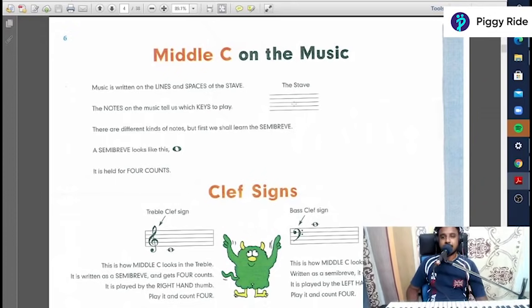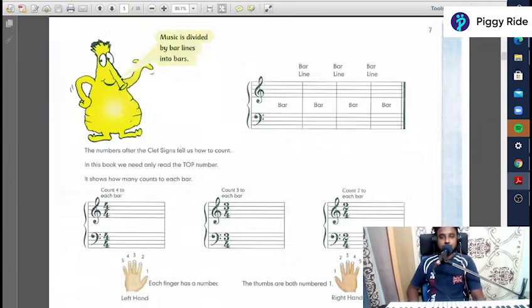Now we will learn different kinds of notes. The first we will learn about is the semibreve. The semibreve looks like a circle like this. Wherever we see the semibreve, we need to play the note for 4 counts, like C 2 3 4, D 2 3 4, like that. The semibreve can come on any note. It can come on C, D, E or F. Wherever we see the semibreve, we have to play 4 counts, and the symbol of the semibreve is this.